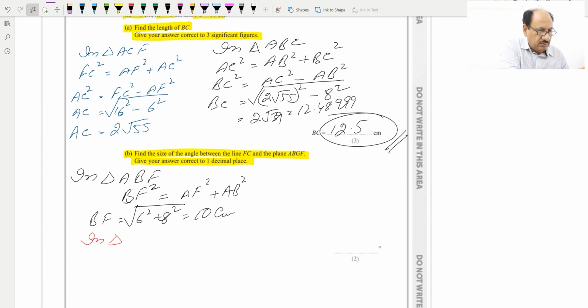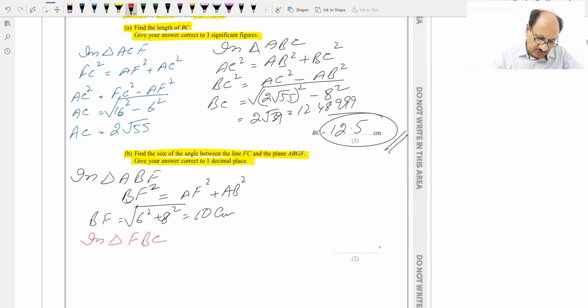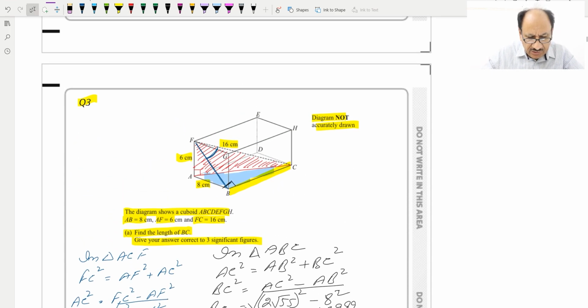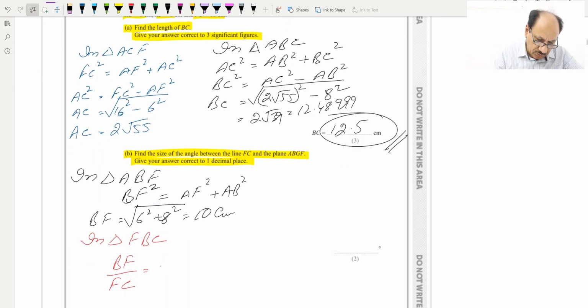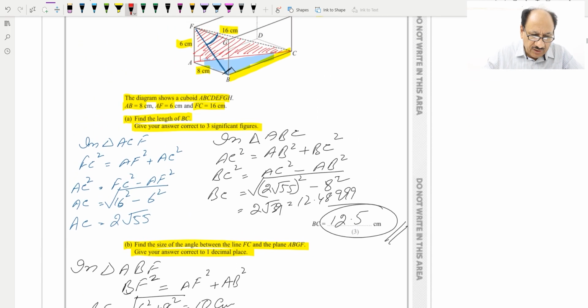So we can write here BF over FC, which is adjacent over hypotenuse, and you know adjacent over hypotenuse is cos theta, so this will be equal to cos theta. So theta we need to find, so theta is equal to cos inverse of BF, and